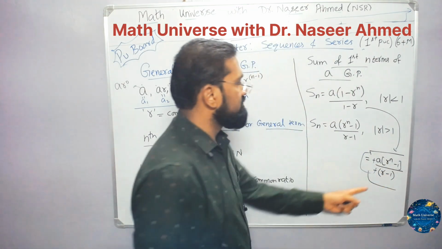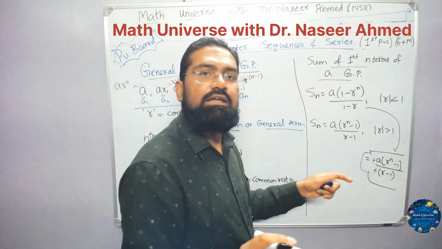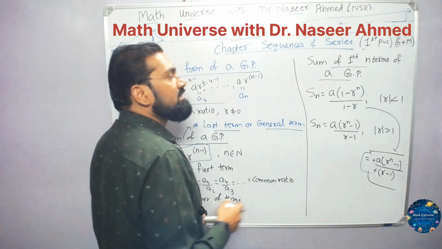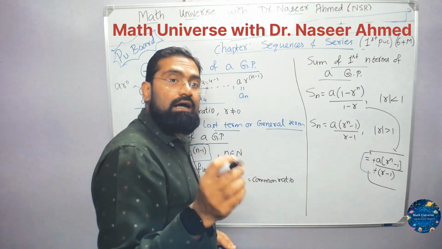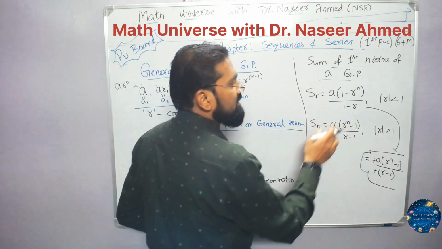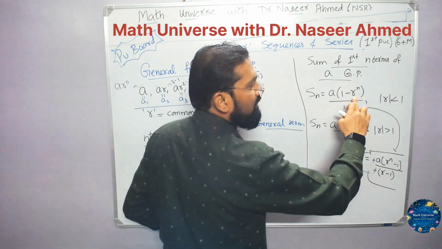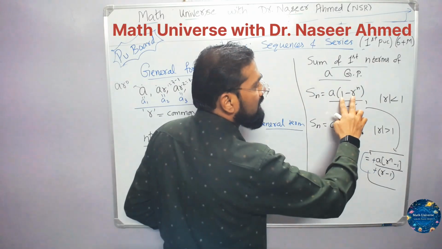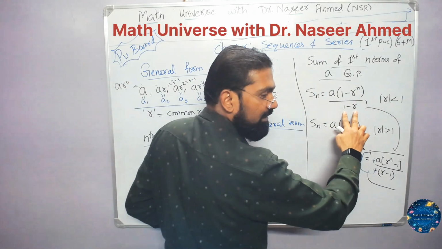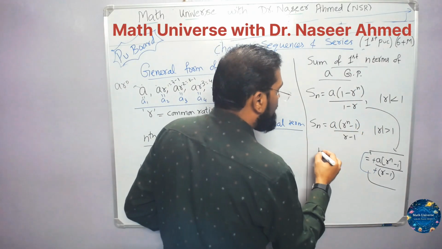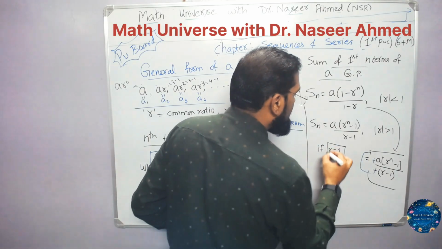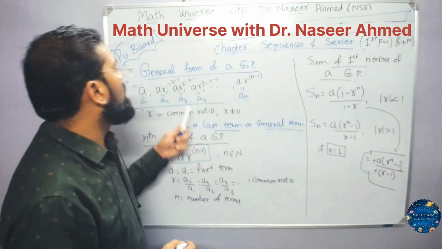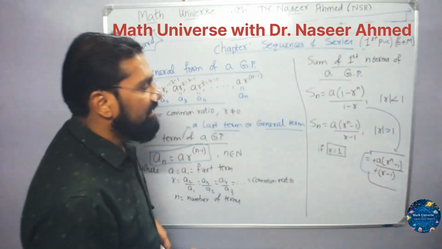Ultimately what we got? This. So both are same only. Next, see here I have given strictly less than and strictly greater than. Nothing but what if R is equal to 1? This formula will fail, because if R equal to 1, 1 power n is 1, 1 minus 1 will be 0, 1 minus 1 will be 0. 0 by 0 form. So if common ratio is 1, then this sequence in form of a series